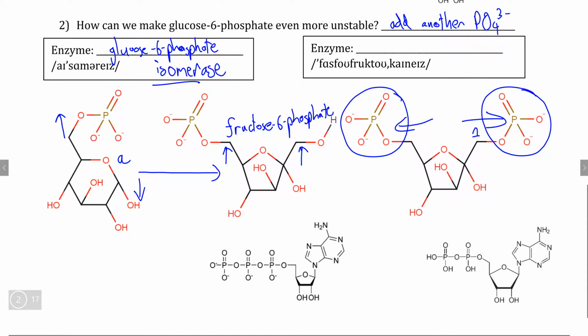So once we have a fructose 6-phosphate, the next enzyme, which has the rather clunky name phosphofructokinase, let's get the spelling correctly, which we can simply abbreviate as PFK, is going to do the same thing as glucose 6 kinase did. Our enzyme is going to pull this hydrogen off of the OH group on carbon 1, turn this bond